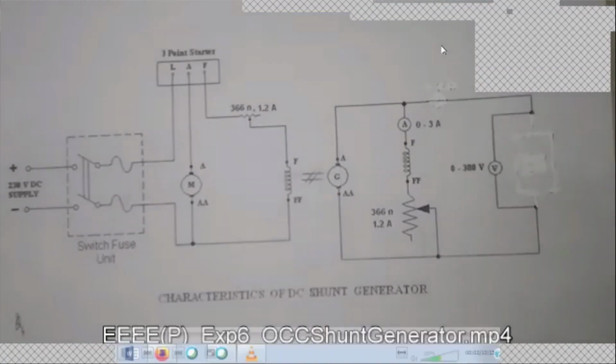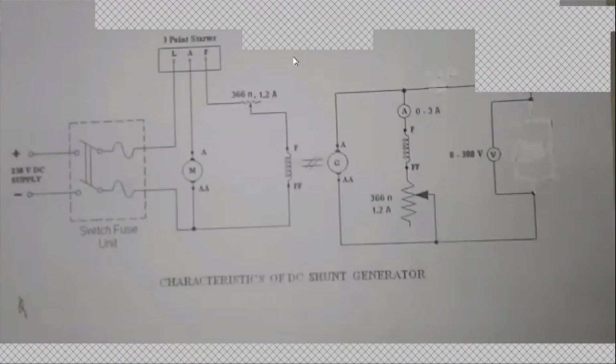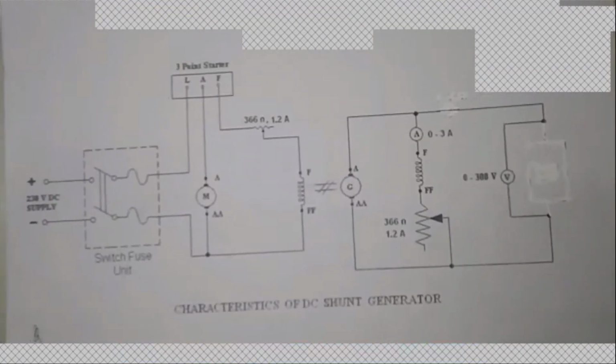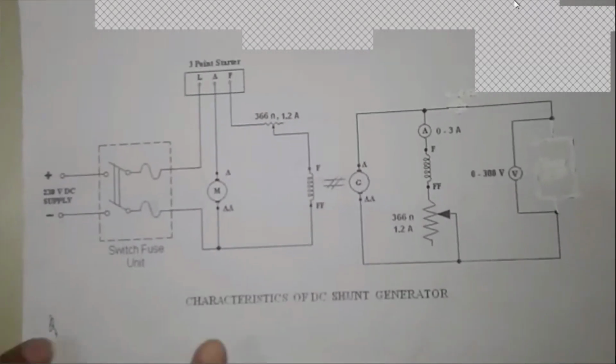Good morning to all the students. Today we are going to perform the practical on external characteristics of the DC generator. Open circuit characteristics of the